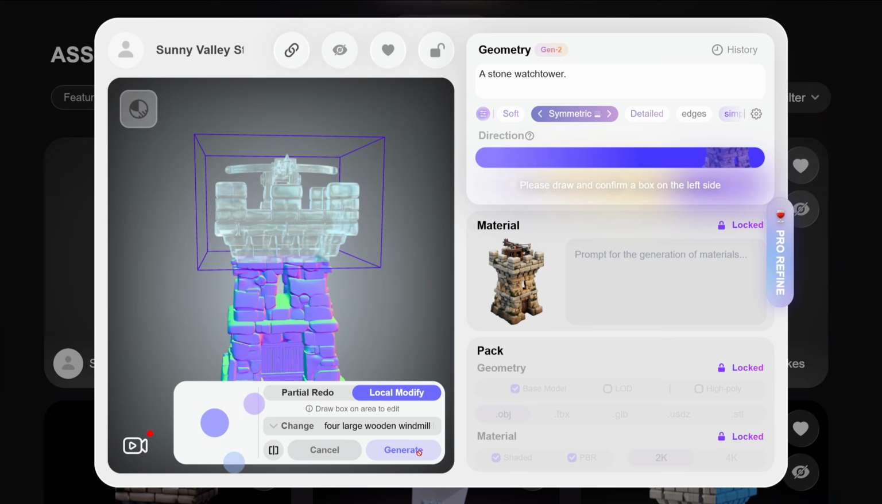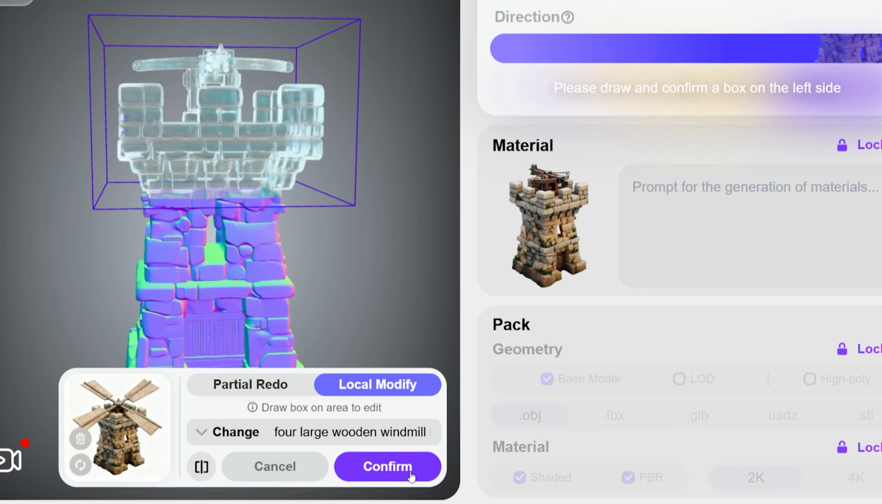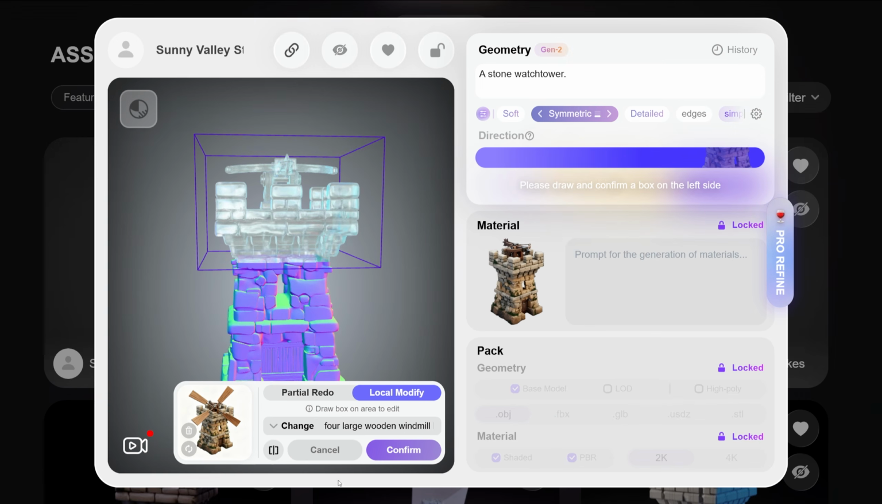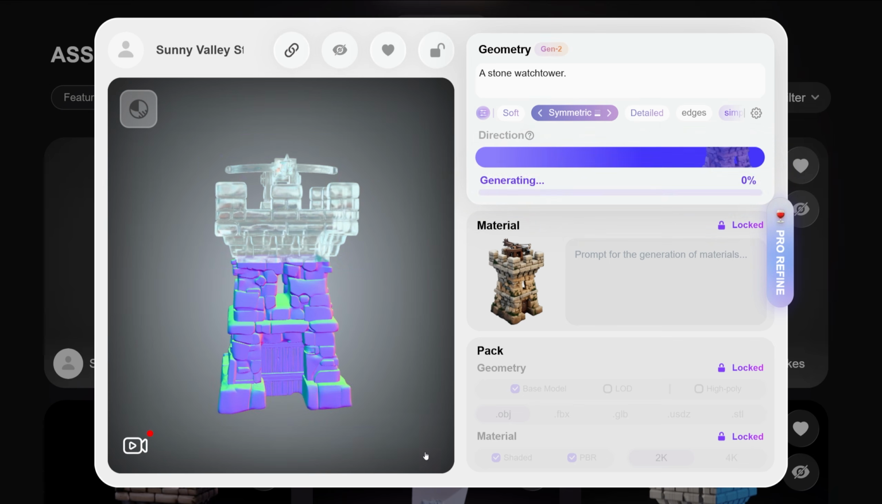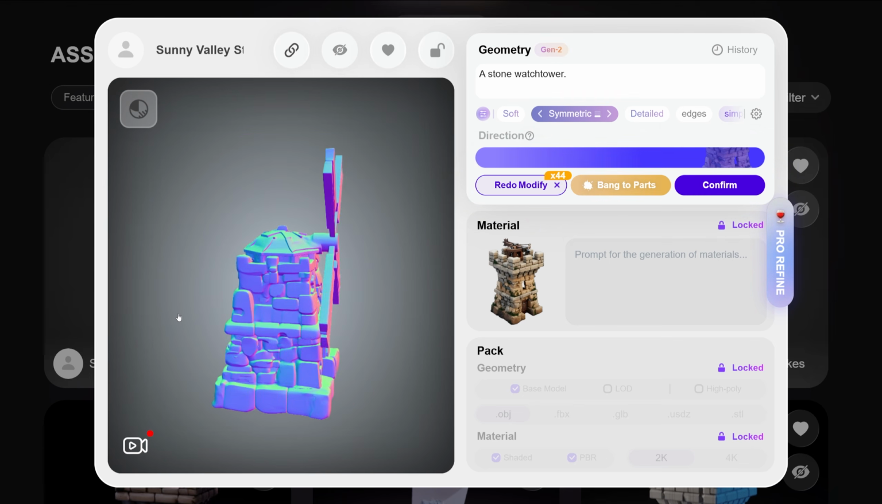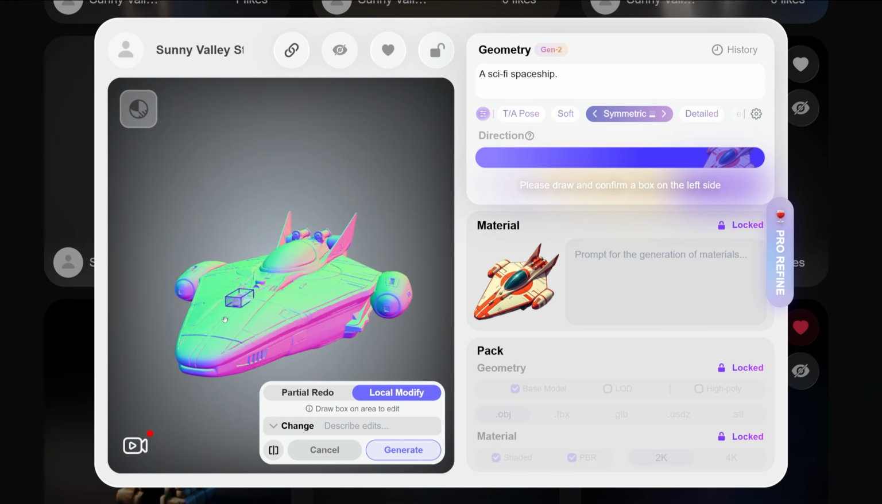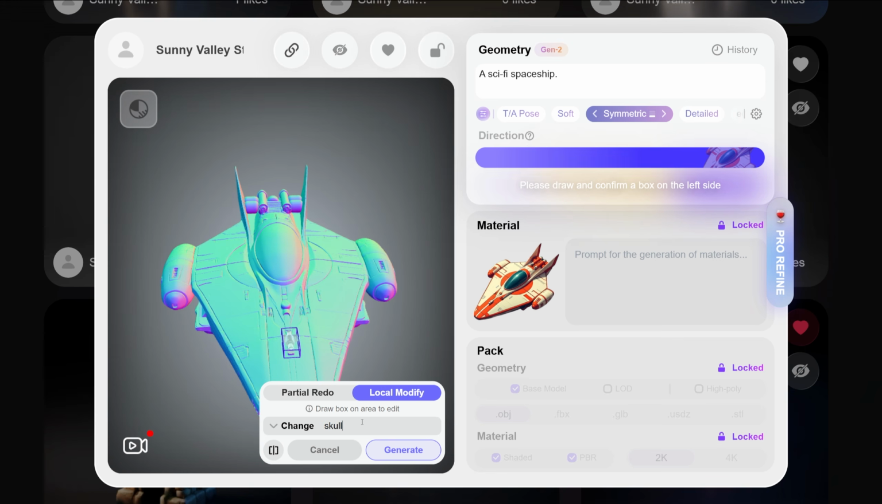When we press Generate, Rodin will show us the image preview of what it will change. We can confirm or retry the generation by clicking the Retry button, adjusting the prompt or the selection area. When we accept, we now have the production tower. One limitation is that local edits may not work well when selecting a very small region or when you need